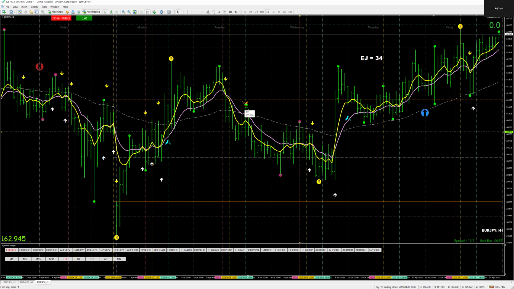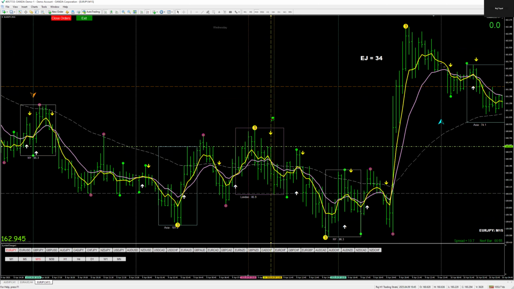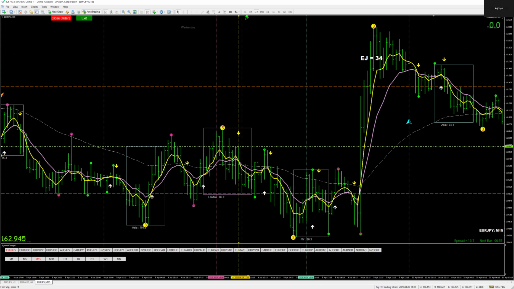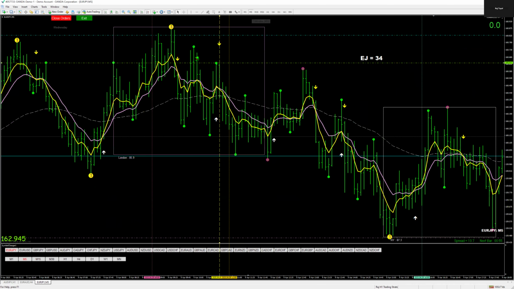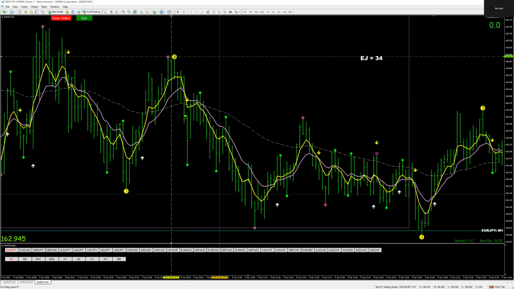Once again, we have a 4-hour short in sync with the daily, looking for a short. We have a 2-ball retrace. We can either start looking on the 15 for a fresh cross, or we can wait for this fresh cross. Well, let's say we look at the 15. We don't want to wait. And here's our 15-minute. Now we need to refine it. 5-minute is not very clear. Actually, this is a fresh cross, so we put it there. And then the 1-minute is over here.